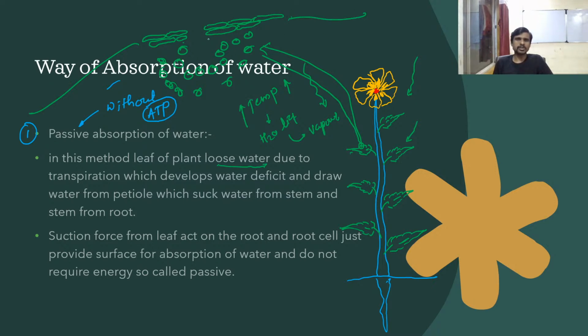So what happens is, because of high temperature, the water which is moving in the leaf converts itself into vapor, and it is now going to leave the leaf in the form of vapor. Okay, so because water is moving out of the leaf, it creates a suction pressure here. That means here there is now less water, and that's why this part absorbs water from the remaining or bottom part of the leaf, and slowly, if you see, the water is absorbed from your petiole. Petiole means the stalk of a leaf. Okay, so this is a petiole.